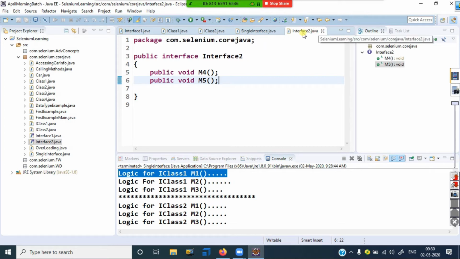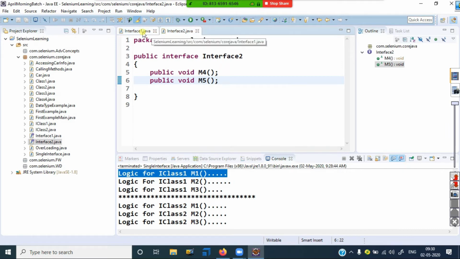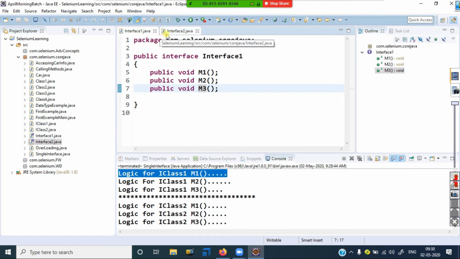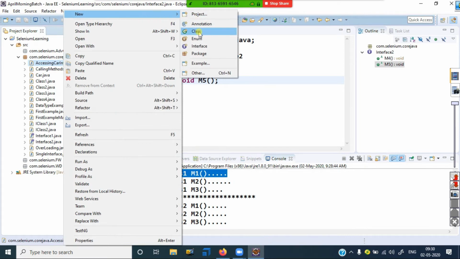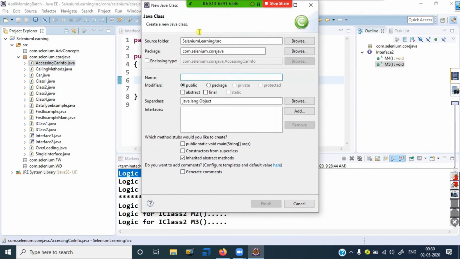You can go for understanding. Okay, I can close this one, single interface. Multi interface. See, two interfaces, interface 1 and interface 2. These two interfaces I can implement in one class. Thus I can take I class 4, finish it.